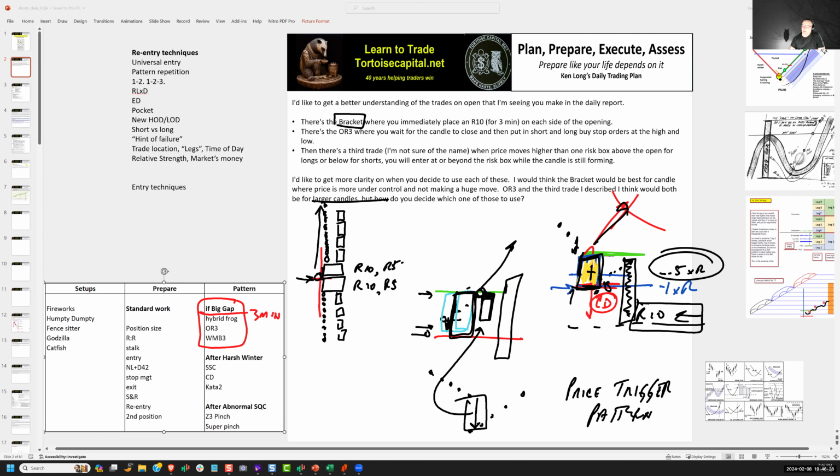Because when this is a really tiny doji, even a little noise could kick me out of what could then turn around and be a great trade. So I don't want to have twice the position size because the doji was half the R10. You know what I mean? So I'm going to compare the technical signal that gets me out to the R10, and I'm going to take the wider of those two to be my one execution R. And then I'm just going to make sure that whatever the one execution R is, there's at least 2 units of reward available. Well, if you're using the SSC,